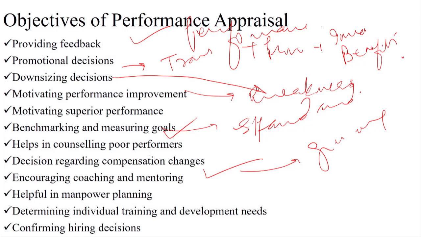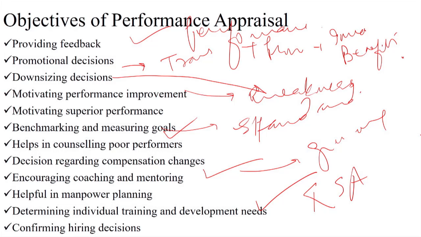So it's a kind of a tool which the company has in order to identify what the future manpower requirements will be. Then it talks about determining individual training and development needs. Here the performance appraisal system helps us to identify the poor performers. Once we have identified the poor performers, we know who are the people who have to be given more training, and a development program has to be initiated for them. Definitely if training and development programs are initiated, it will enhance the KSA. If you all remember, KSA is nothing but knowledge, skills and abilities of the person. So how do we identify who are the people who have to be trained? Performance appraisal is one of the ways by which we can make this identification.